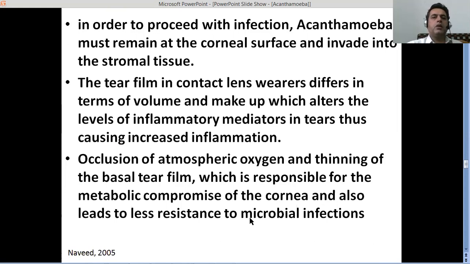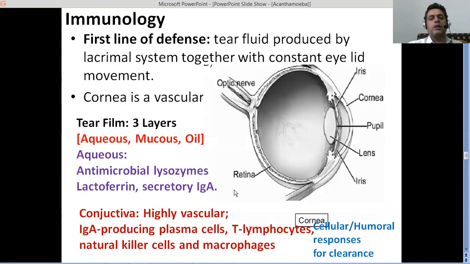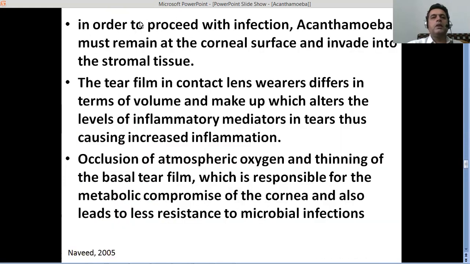Okay, so you saw here that the conjunctiva is highly vascular. For that purpose, it would not be easy for the pathogen to just jump into that particular environment. So if it has to proceed with infection, first it has to stay on the cornea for some time and invade into the stromal tissue gradually. So the tear film, what happens in case of the contact lenses